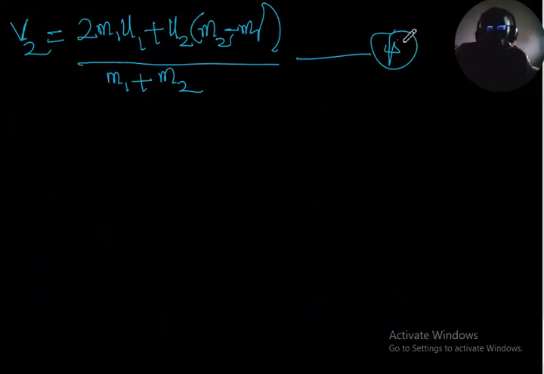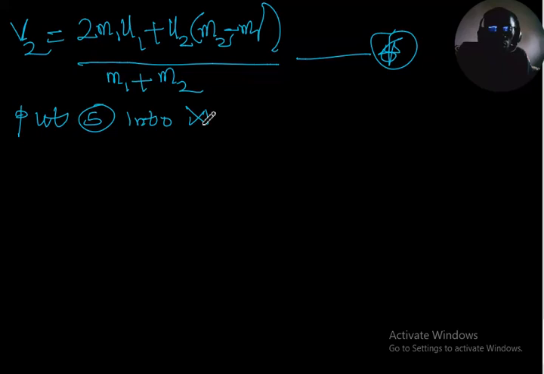This becomes equation 6. So similarly again, put equation 5 into the equation of conservation of linear momentum, which is star. So that gives what is equation M1